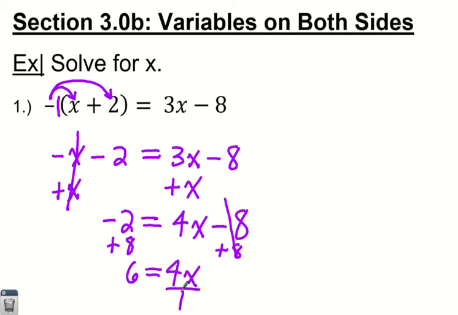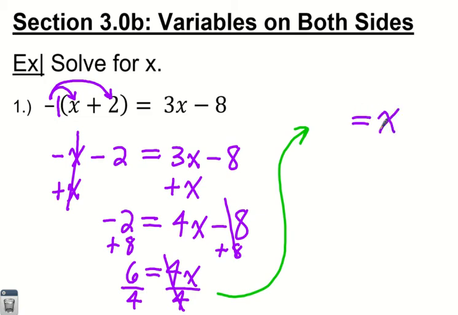And then we look to divide both sides by 4. And so x will now be alone on the right side. And then what is 6 divided by 4? I guess you could say that as a decimal, 1.5. But 6 over 4 you could also leave in fraction form, but it reduces to 3 over